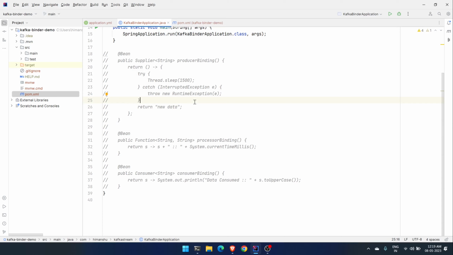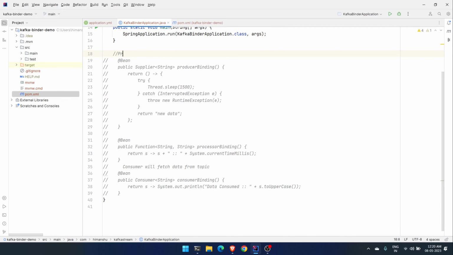So here, first of all, a bit of theory. When we are dealing with Kafka, we are dealing with the messages which are being sent to the topics. In that case we have the terms producer, which is responsible to send data to the topic, and consumer, which is responsible to consume data from the topic, right? So here you can mention it over here, like consumer will fetch data from topic, okay, and then here we can say producer will send data to topic,